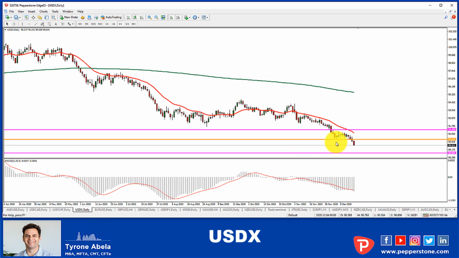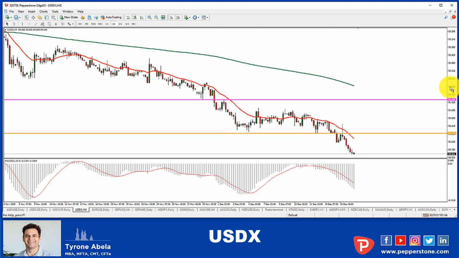Again, it's hard to trade when it's not pulling back to the 20, but like I said earlier on the previous currencies, when you go to a smaller time frame, you do get those opportunities that you're looking for to actually join that trend. You're very aware that it's going down. How do you jump in? Go to a smaller time frame and look for the one that looks the most respecting of the 20 moving